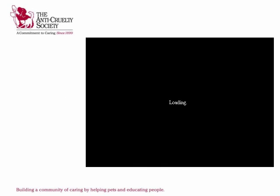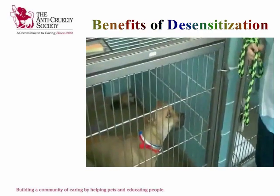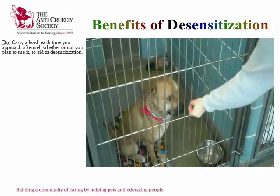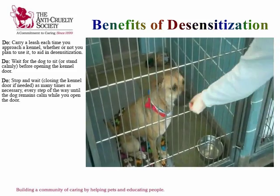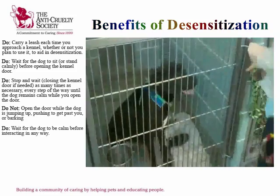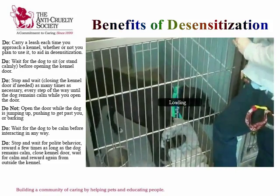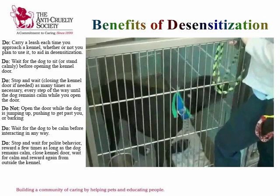It is our goal to help dogs be less sensitive to common items and events that often trigger undesirable behavior, such as people approaching kennels, especially with a leash or food in hand, opening and closing kennel latches and doors, and leashing and removing dogs from kennels. Through consistency and desensitization, staff will help teach dogs to display polite behavior when people approach their kennels for any reason. Do carry a leash each time you approach a kennel, whether or not you plan to use it